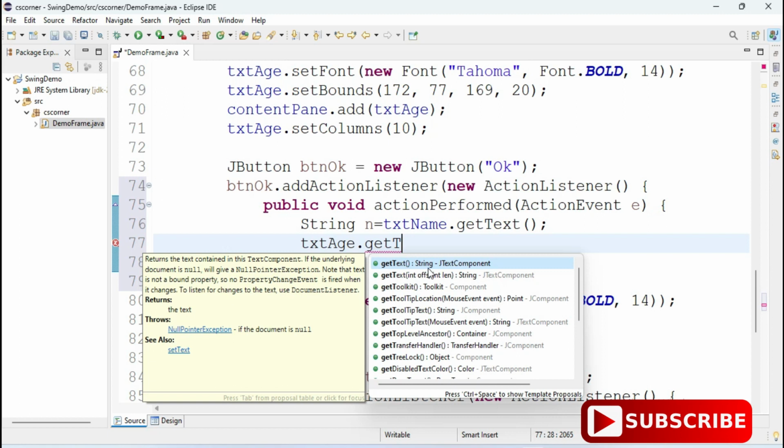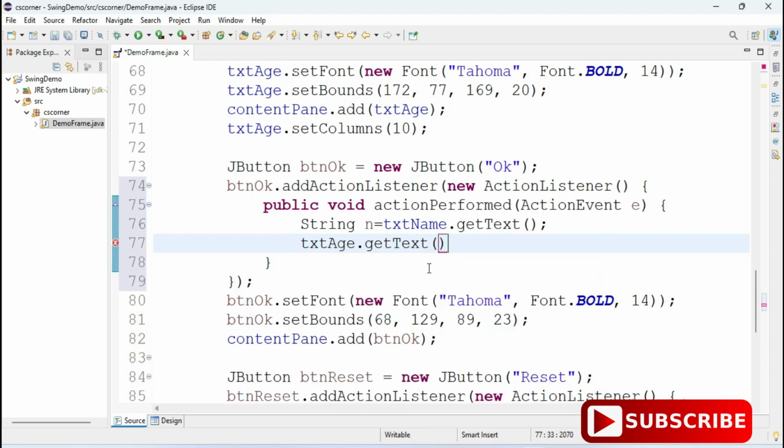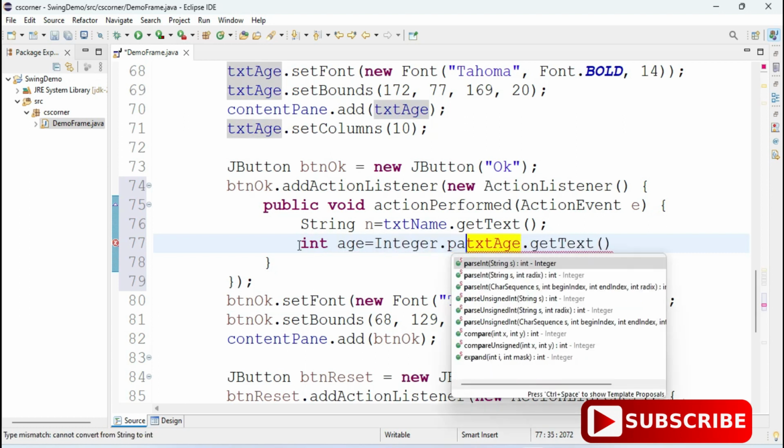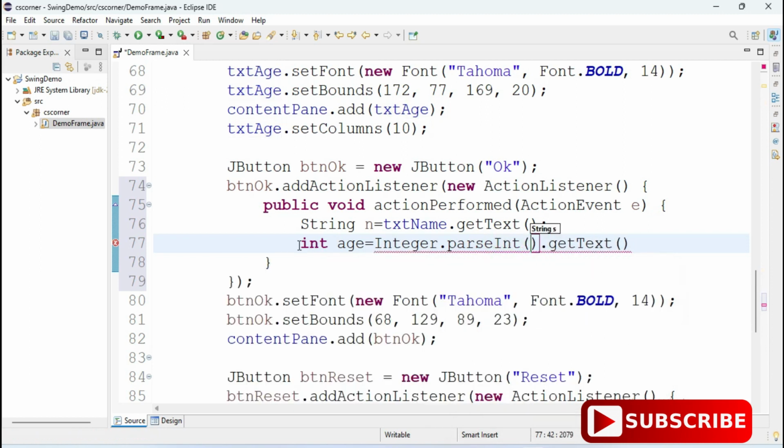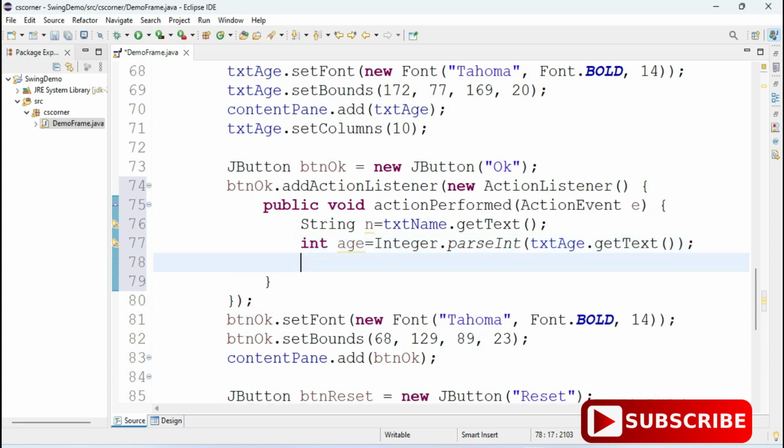Now similarly I would like to retrieve my age, but guys, I want to put a condition for age. I want to perform some relational operator on that. Whatever you enter in a text box or text field is of type string, and I can't perform a comparison or relational operator on the string. So I would like to convert that into an integer. For that I will be using the Integer.parseInt method, and here I am creating the variable int age. So int age is equal to Integer.parseInt of txt age dot getText. It will convert my text data into integer data. So now guys, let's write the main logic.